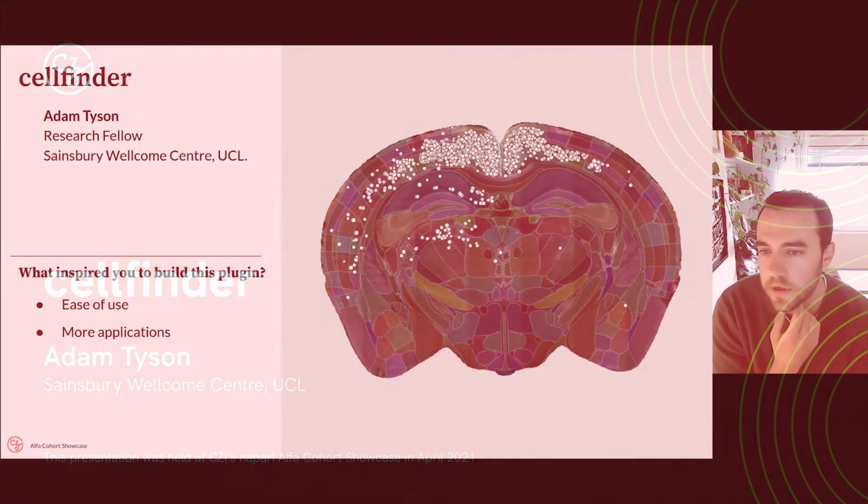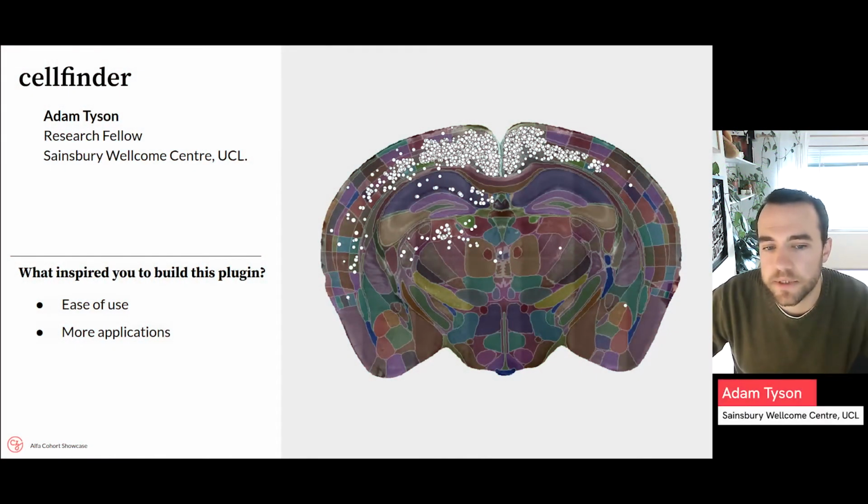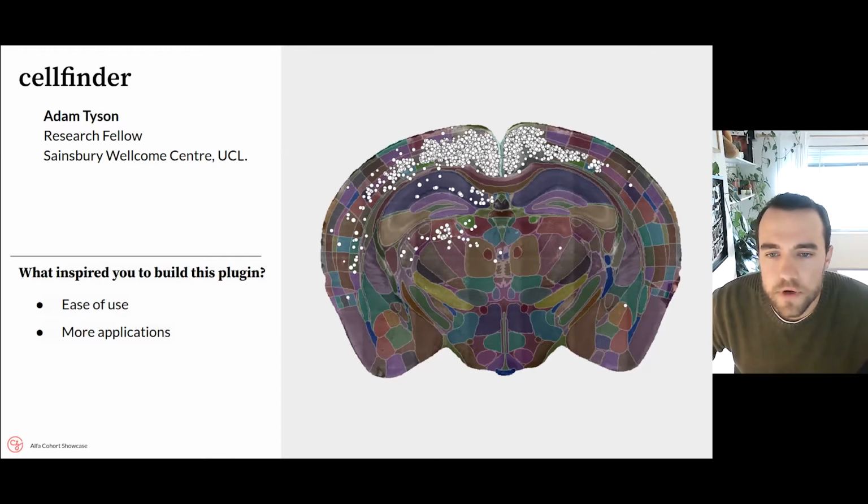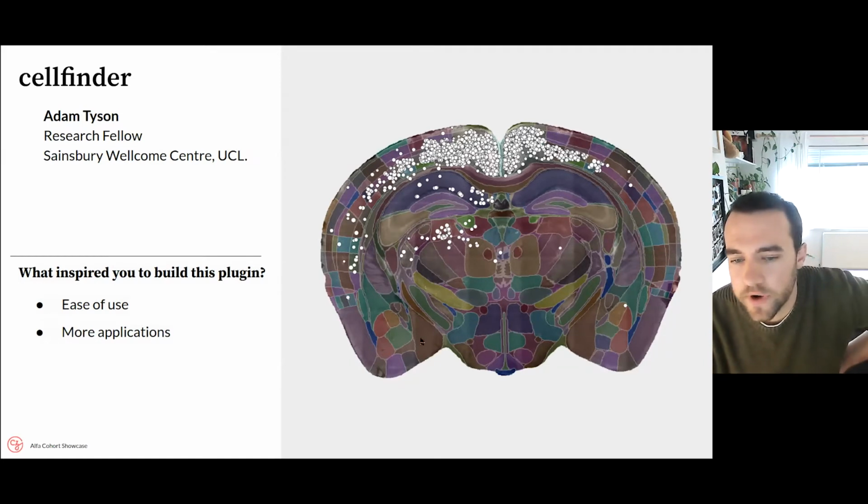I'm going to talk about the CellFinder plugin that I've been developing. As a bit of background, CellFinder was originally developed as an integrated software for the analysis of whole brain microscopy images, so typically light sheet imaging in clear tissue or serial 2 photon microscopy of mouse brains. And the software does various things like register the brain to atlases, segment out the brain to its different regions.